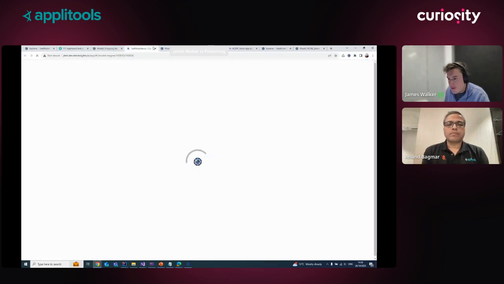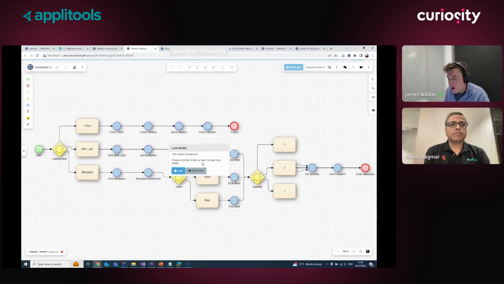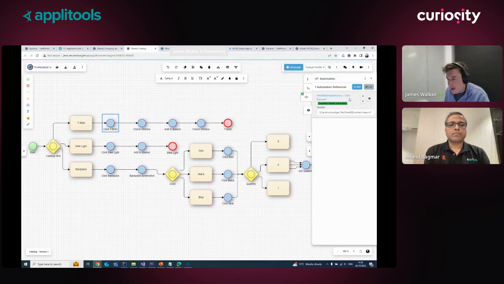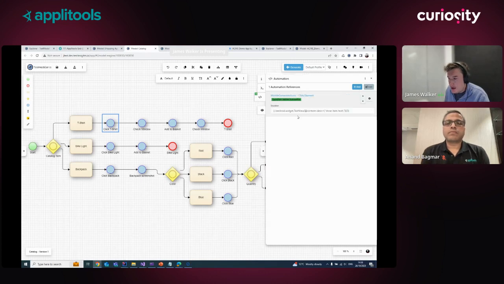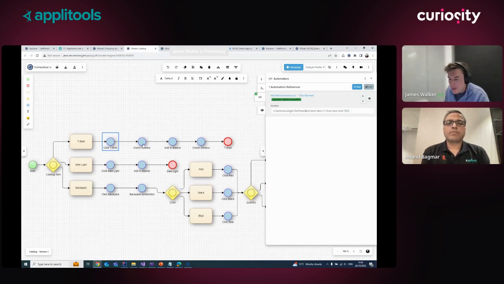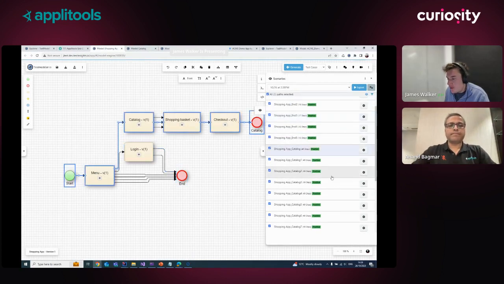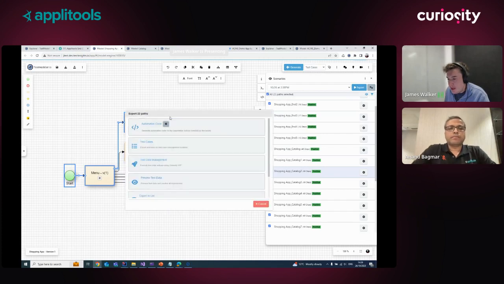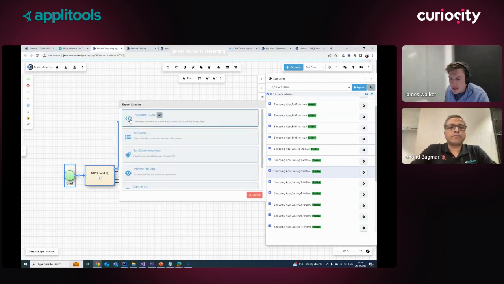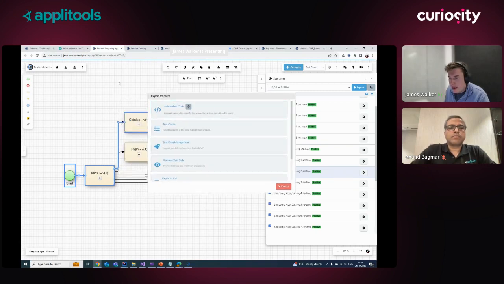Now, one of the things we have embedded on top of this model as well is our automation. So here we have various automation actions which exist to automate different components in our app. What you'll also see here is we have Applitools actions on top to perform our visual assertions as well. And what that means is once we have these paths produced, we can hit the export button, and we can say, go and generate my automation code for me,